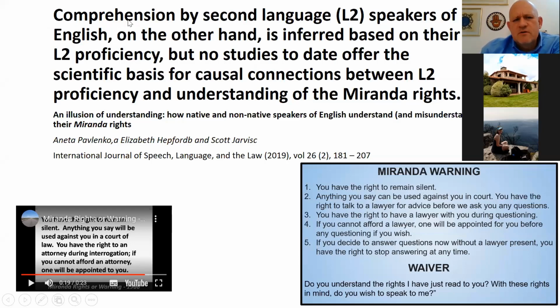What I have up in front of you now is the topic of a research report, which was in the latest edition of the International Journal of Speech, Language and the Law. And it's really coming to the same conclusion as Dr. Roger Shuy's 1997 paper, that people still do not understand, and especially second language speakers do not understand, the content of the Miranda rights. So I've been reading about these for a few years, and I've also been thinking